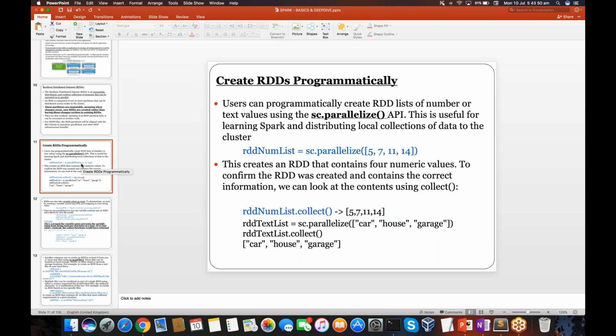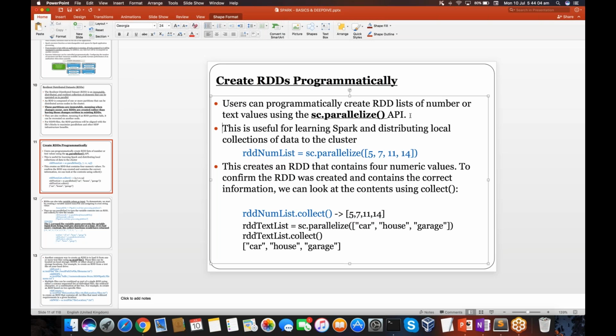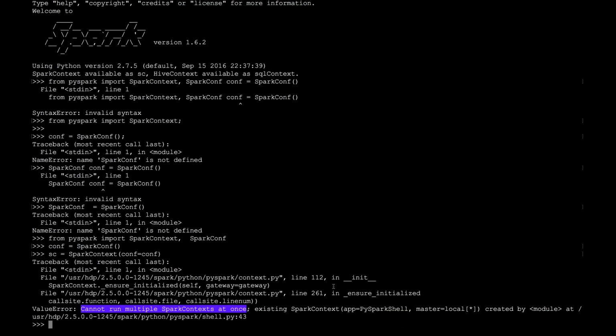RDD means resilient distributed dataset. Okay. Now, users can programmatically create RDDs. Okay. This RDD is a list of numbers or text values, using the sc.parallelize API. API is nothing but application programming interface. Okay. Now, two things, guys. Before showing that, let me show you what I have in my